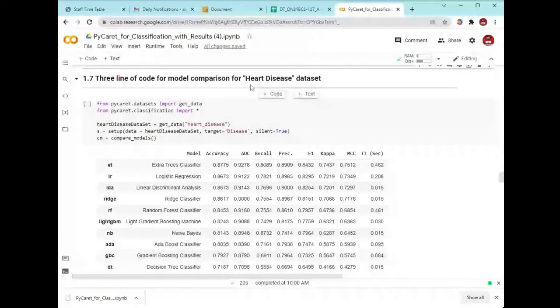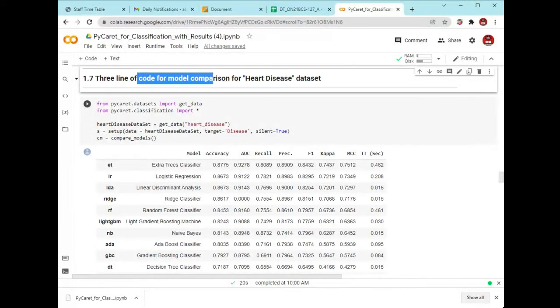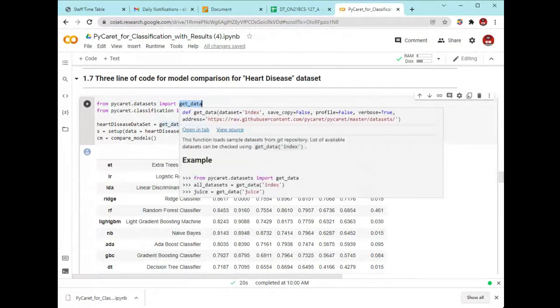Then we have used a different dataset, that is the heart disease dataset. For that we again compare these models. So the same process we have followed. We use PyCaret. From PyCaret we imported the datasets module, and from it we extracted this method get_data.